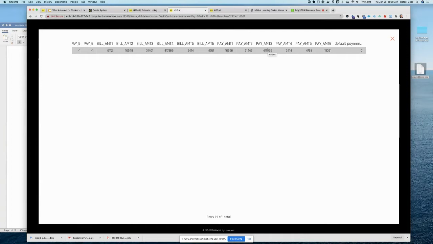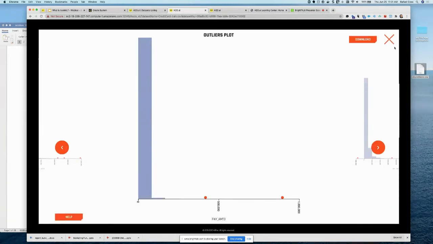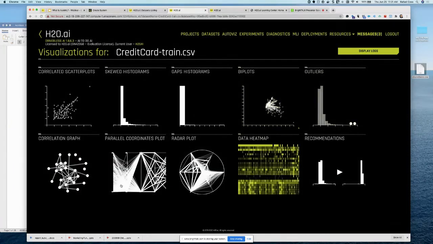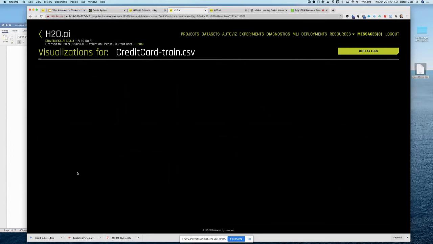Start a discussion with your data engineer about, well, how was payment 3 constructed? Where did it come from, right? Or you can start a discussion with your line of business: is this a fair value to be within payment 3, or is this an outlier that maybe we shouldn't consider, right? So it allows you to explore the data and do some amount of quality checks, right? It's garbage in, garbage out. So before you start the experiment, what's the state of the data, and what can I understand more from the data?